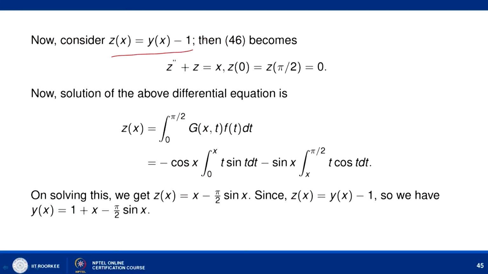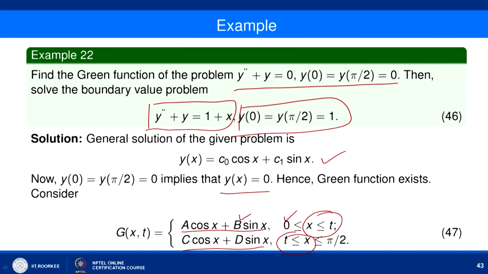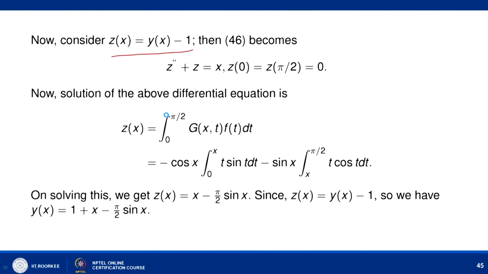Now with the help of this, we reduce the non-homogeneous problem, that is y double dash plus y equal to 1 plus x, with these boundary conditions. So the boundary condition is already fixed: z(0) equal to 0 and z(pi by 2) equal to 0. Then we have z double dash plus z equal to x, with homogeneous boundary conditions and a non-homogeneous equation, and we already know the solution is given by